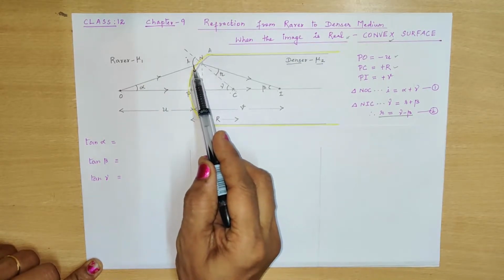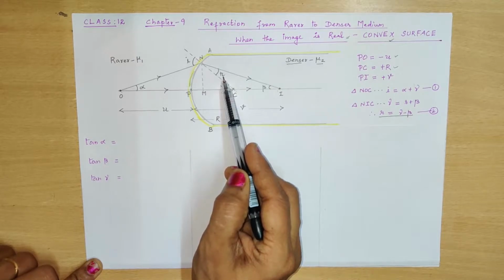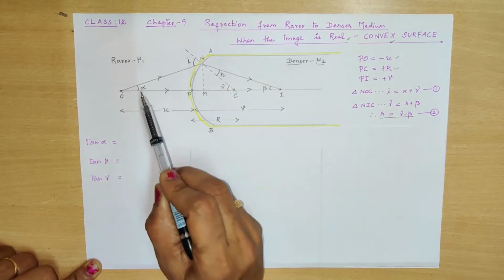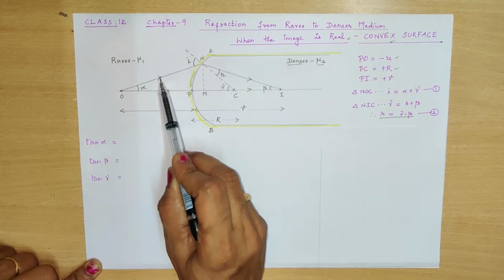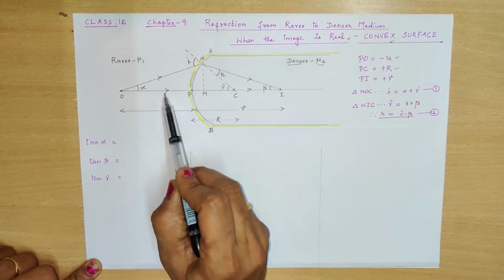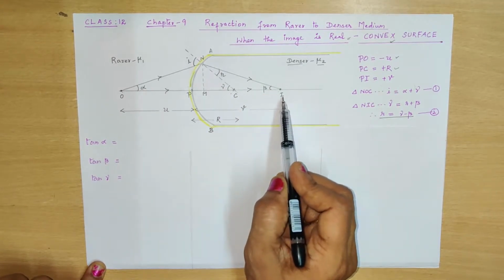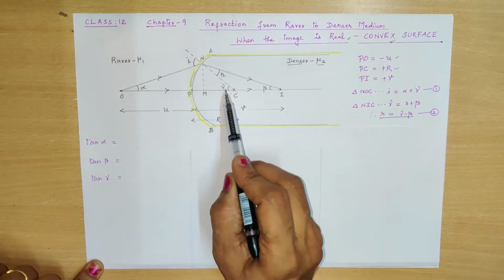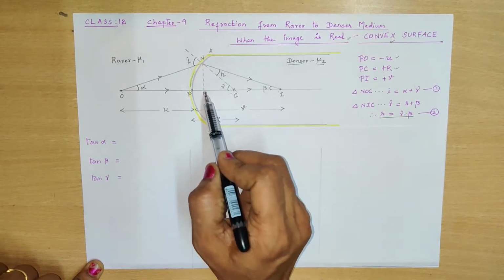Here is the angle of incidence i with respect to the normal, and here the angle of refraction r with respect to the normal. The object makes angle alpha. You can see the two rays which are traveling, here is one and this is number 2. In between, the angle alpha is there, and the image also forms angle beta, and the center of curvature, angle gamma. And NM is a perpendicular which is drawn.